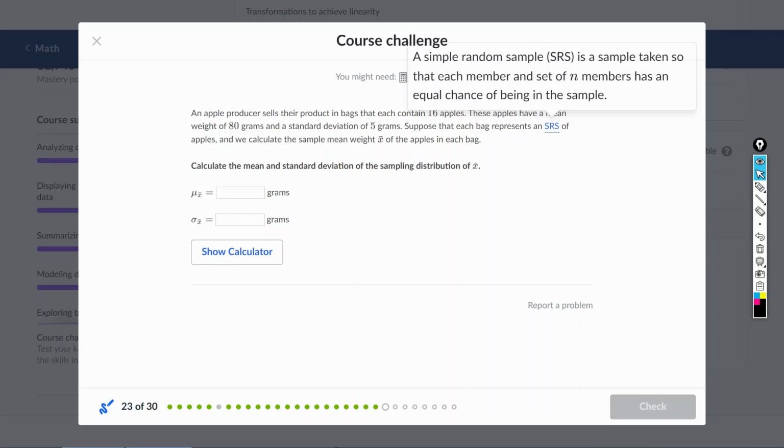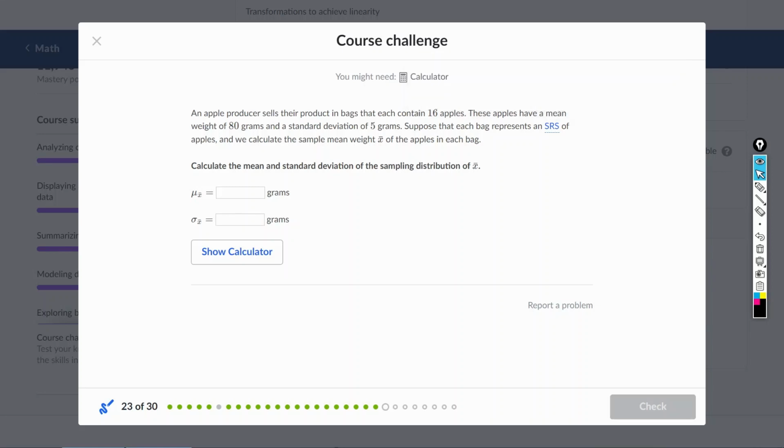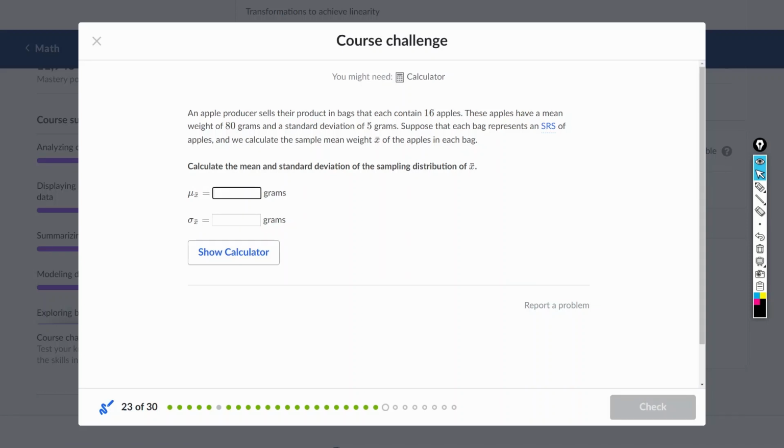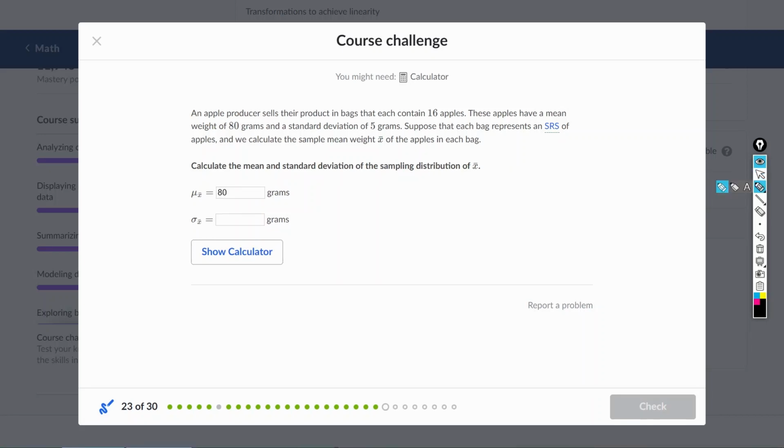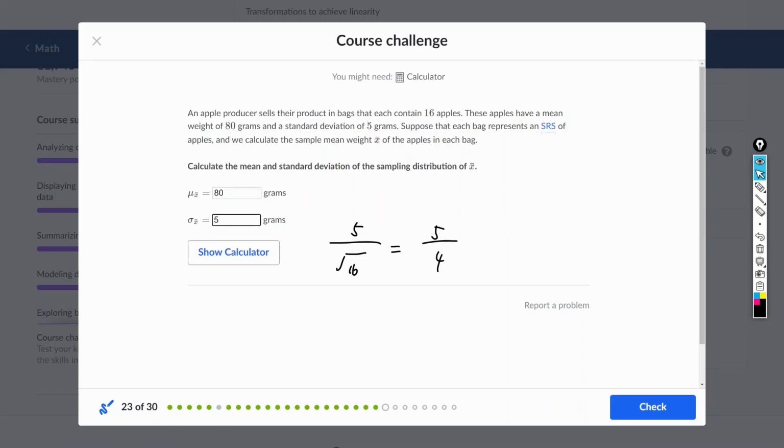Suppose we calculate the sample mean x bar. 那这是一个 sampling distribution 的问题。那么 mu x bar 应该是80。然后 standard deviation of x bar 很简单，就是 standard deviation of population 5除以根号 n，那么这个就是5除以根号16，那就是5除以4。